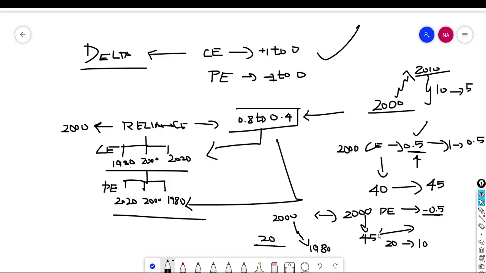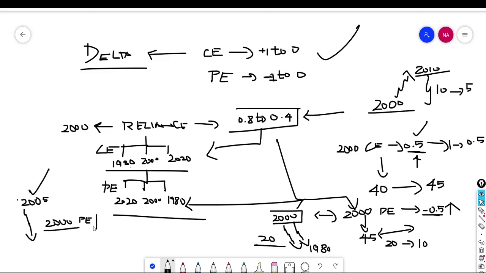Delta value changes during the live market once the price crosses the strike price. That is, the stock price was trading at 2000 and you have chosen a 2000 put option. Once the strike price is crossed, the delta value increases. Remember, I will repeat once again. Let's take the same example. Let's assume the stock price is trading at 2005. You have chosen a 2000 put option, expecting the stock price to come down. Once the stock price goes below 2000,